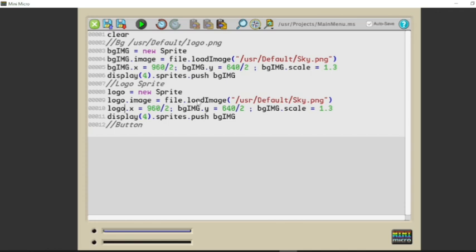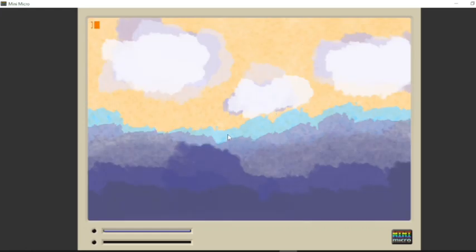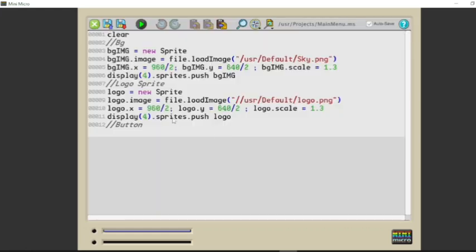Do this, copy the logo and paste it everywhere, and then copy the path and paste it here too. So our logo sprite should now display on the screen if I have done things correctly, and looks like I haven't. And the issue I'm seeing here is either the sprite is too small to display because Minimatro isn't pushing any errors, or there is